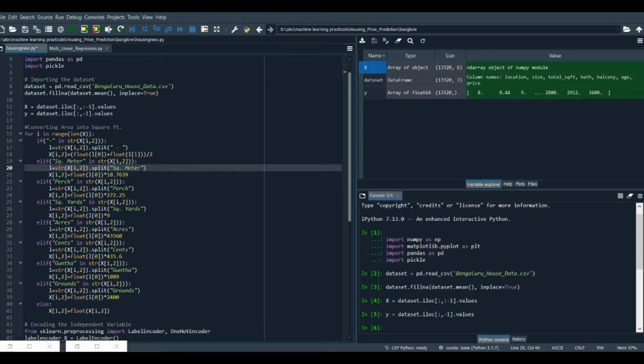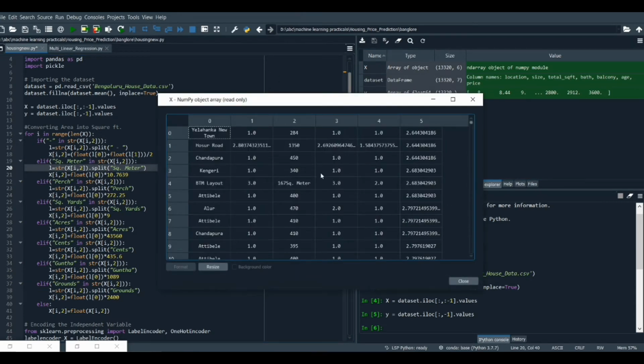So it's going to split it and return a list of only one value, that will be the value before the square meter. Let's say this is 167 square meter. First it's going to check if square meter is available in that specific position x of i and 2. Here i is all the number of rows, it's going to iterate one by one, and the second is the column, so it's going to return this value, and it's going to check if square meter is available in this string